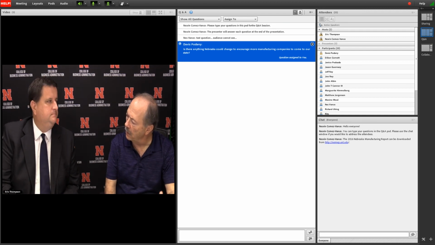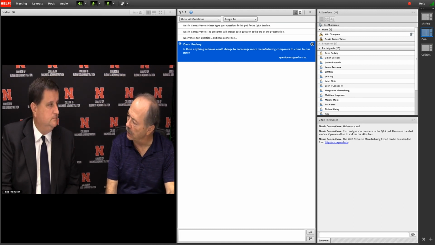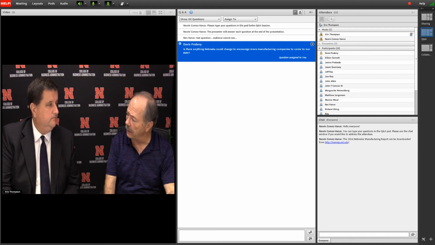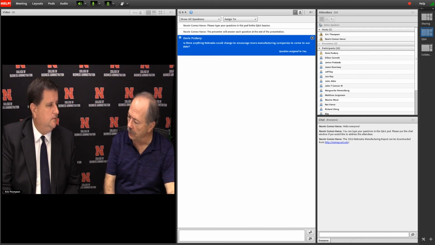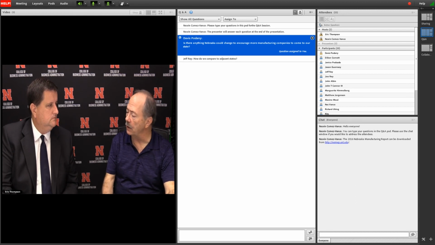That is true. I did attend a summit sponsored by the state chamber about 3 weeks ago. Governor Ricketts was there. One of the things that he wanted to highlight was the importance of Nebraska manufacturing to the attendees and to the state. So within state government and the Department of Economic Development, they are working on methods and methodology to help entice more companies to locate or expand in Nebraska.